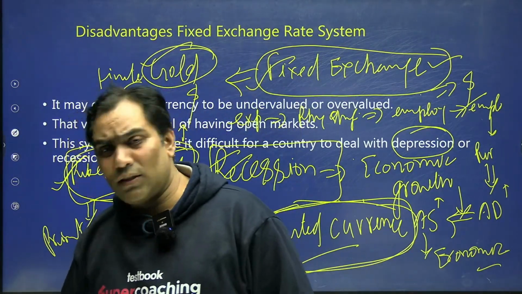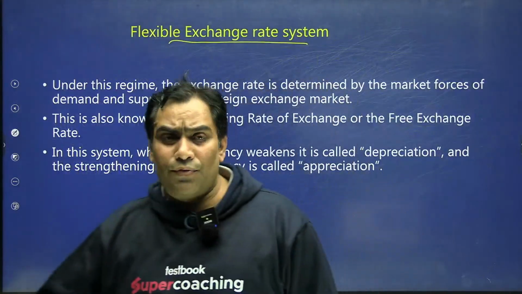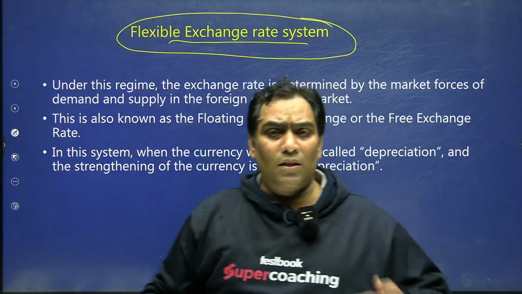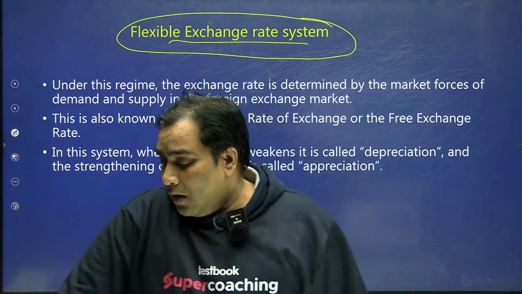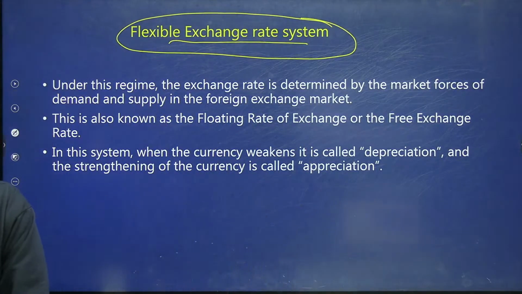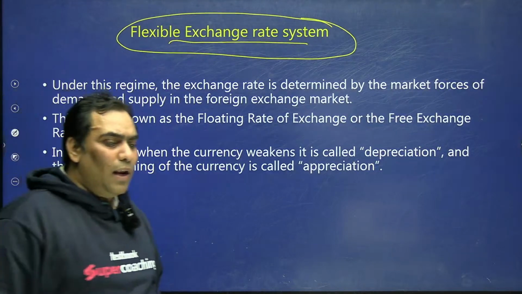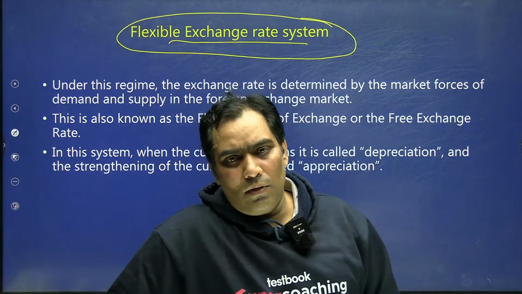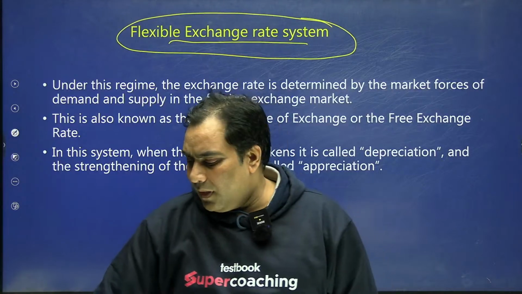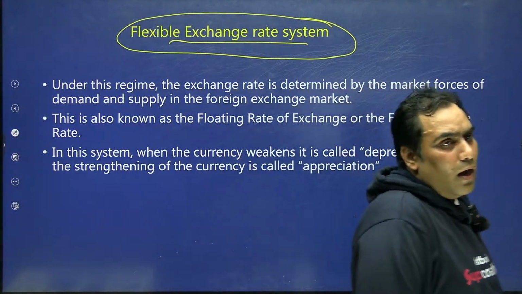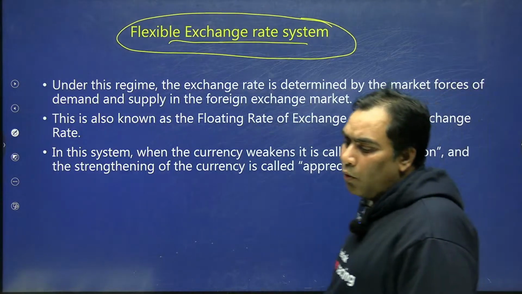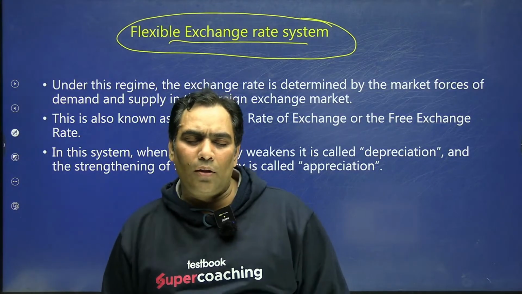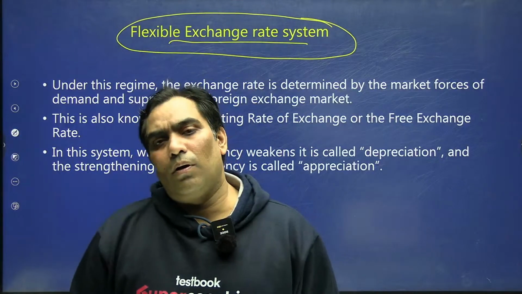So we abandoned this system and came with a new system, known as the flexible exchange rate system. Please try to understand the meaning of flexible exchange rate system. The meaning is that the value of domestic currency in terms of foreign currency is determined by the market forces, that is demand and supply. That means under the flexible exchange rate system, the value of domestic currency, that is rupee, in terms of foreign currency, that may be dollar, pound, or euro, that